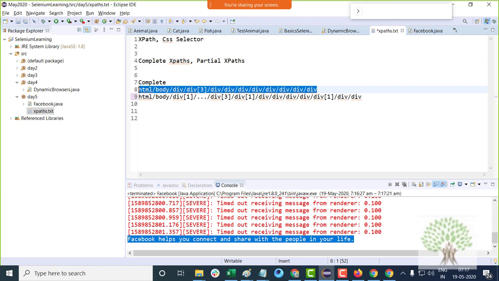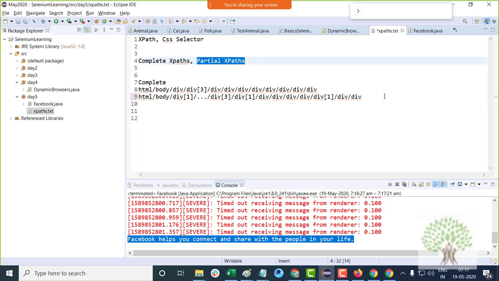At times, you know what, nothing works. When you try to use the complete XPath, it starts working. The normal partial XPath, which I am going to talk about right now, they don't work at times. Okay, not very regularly, but very rarely.